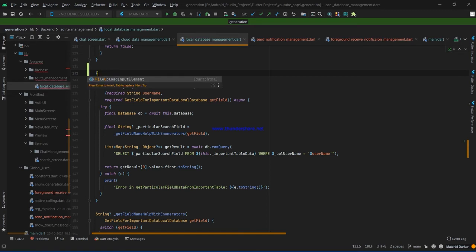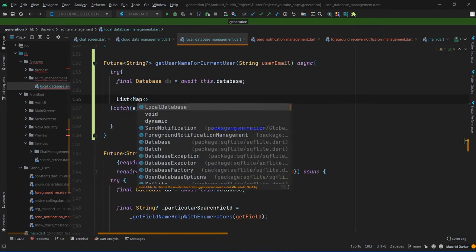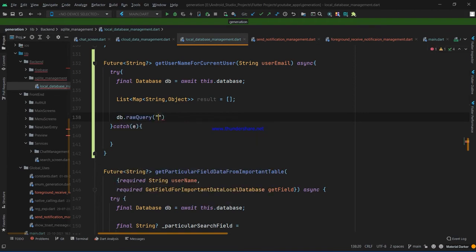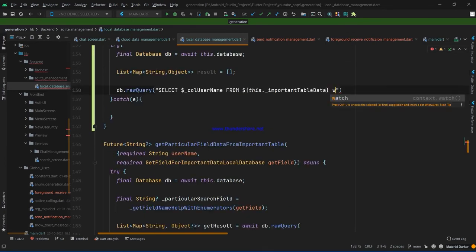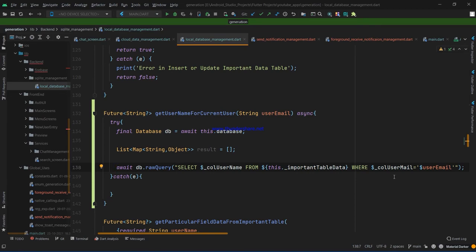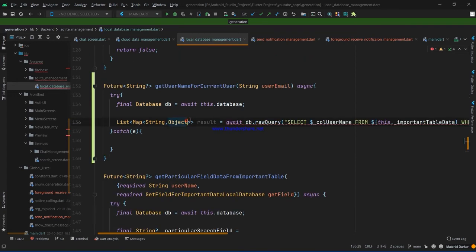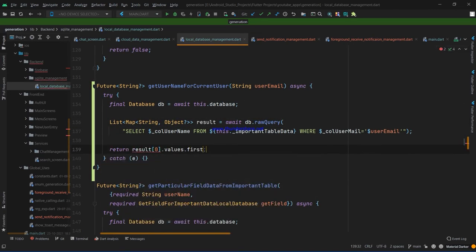Why I did it that way: if you have any query, you can debug it, you can print that thing, and that will be clear to you.